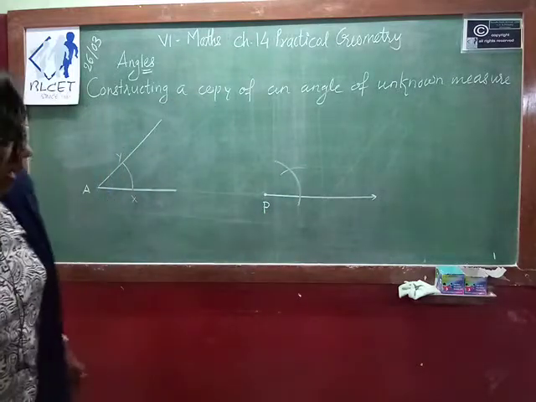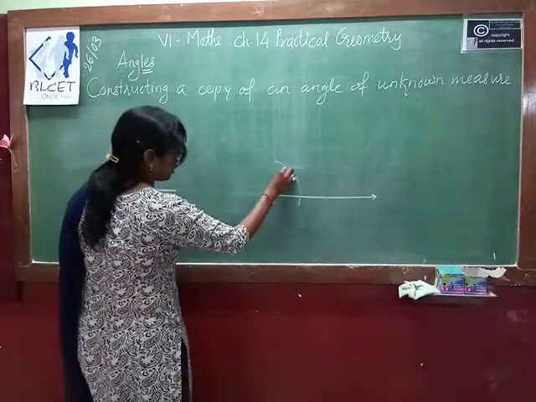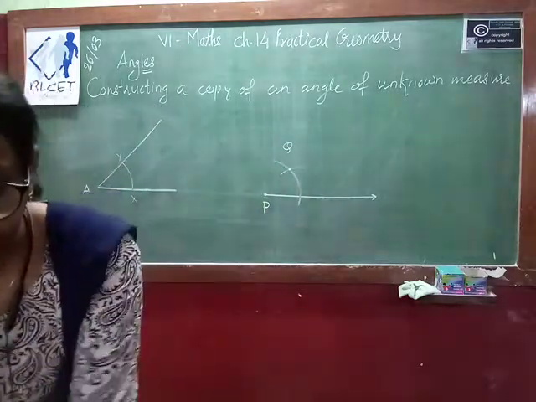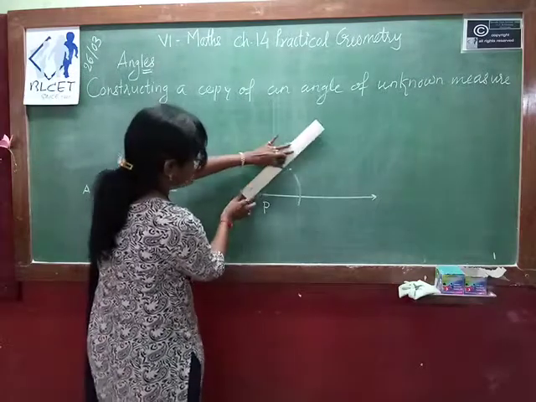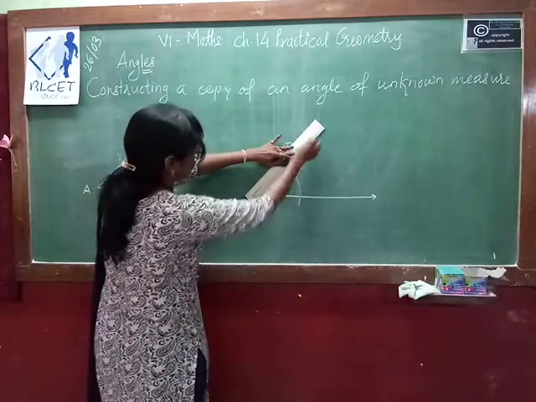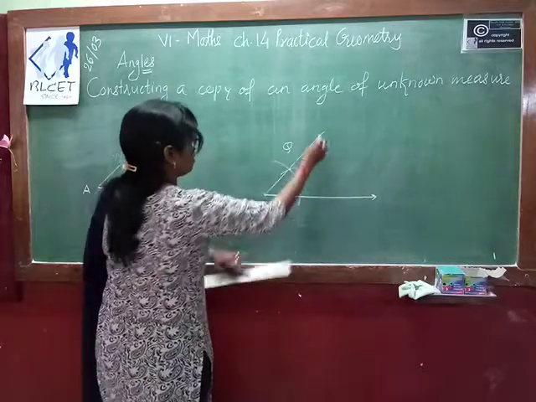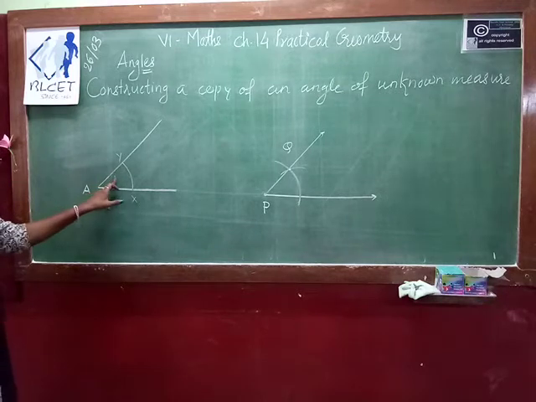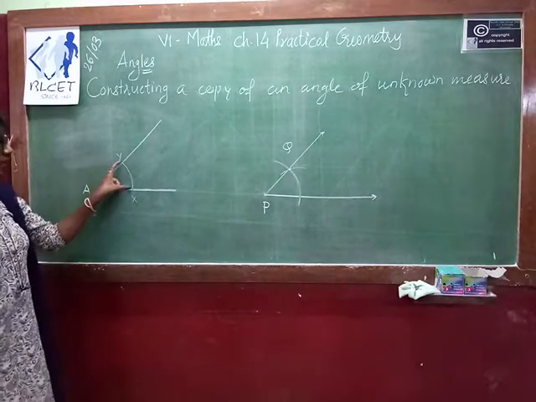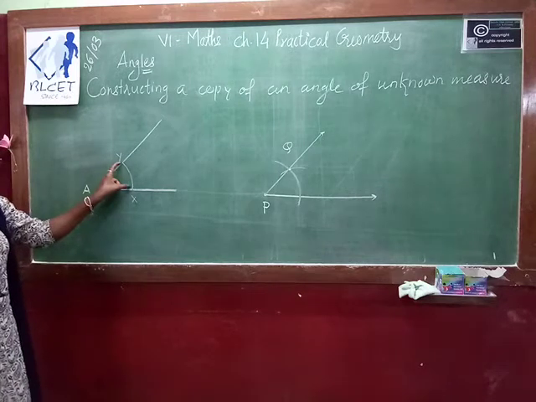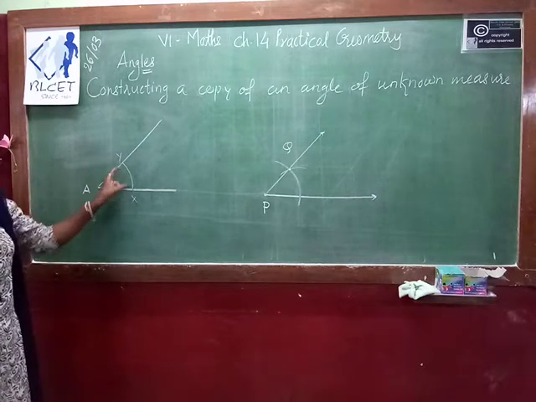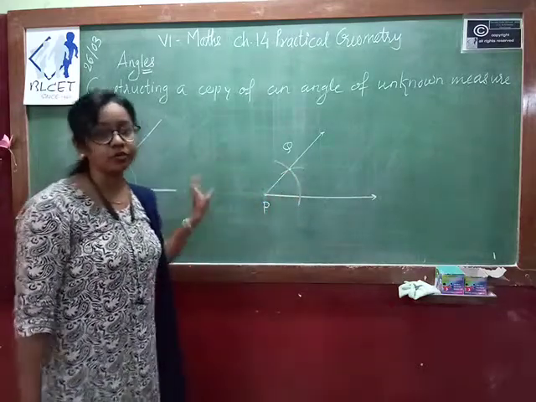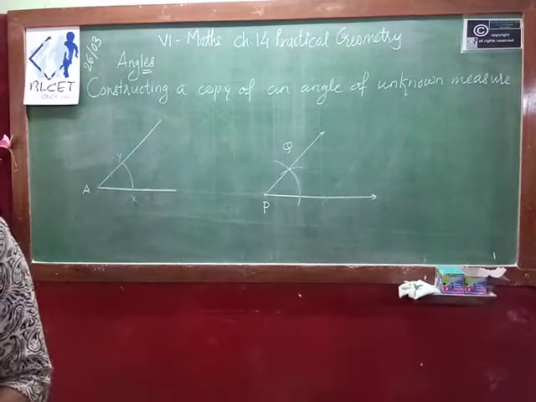Okay. So I am again getting one point over here. Name it as Q and draw these 2 points. Join these 2 points. So whatever angles I am getting, that is exactly the copy of this angle. Why? Because we have taken the measurement of this much portion. What is the distance between these two edges? The same distance we have taken over here. That's why these 2 angles are of same measure.